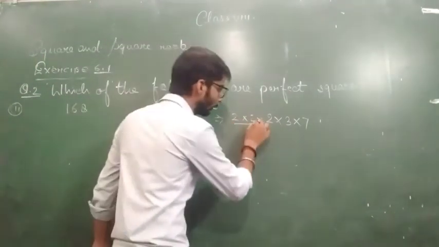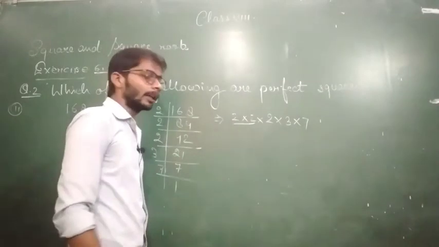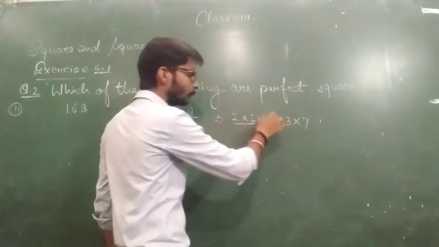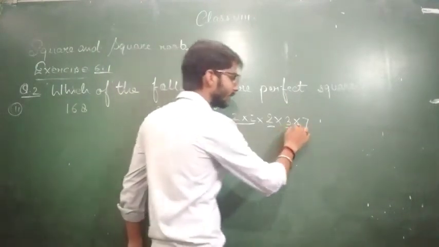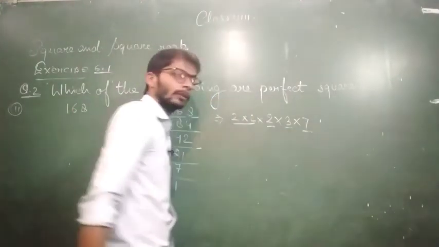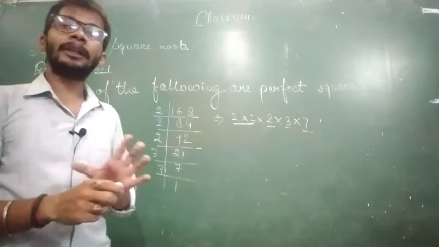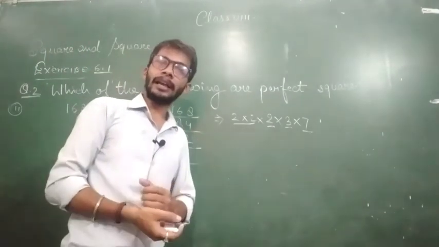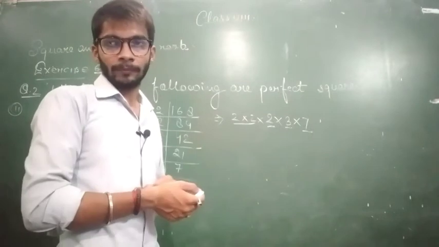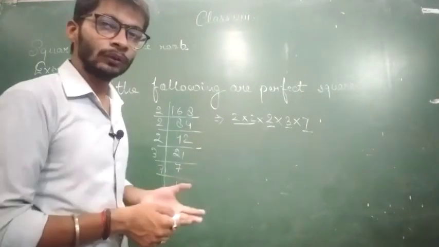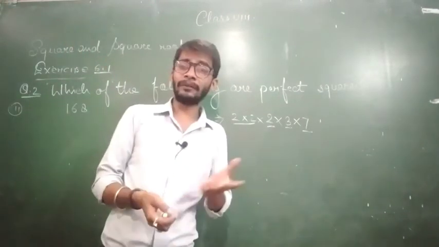So here we will make the pairs. तो 2 multiplied by 2 हमको एक पेयर मिल गया, लेकिन अब इस 2 का ना ही हमको पेयर मिल रहा है क्योंकि दूसरा 2 नहीं है मल्टीपल में हमारे पास, और ना ही इस 3 का मल्टीपल है और ना ही 7 का कोई दूसरा मल्टीपल दिया हुआ है, तो हमारे पास पेयर नहीं मिला। अब जब पेयर नहीं मिला है तो इससे ये प्रूफ होता है कि ये वैल्यू परफेक्ट स्क्वायर नहीं है। ठीक है, so this is the method to find out whether the value is a perfect square or not.